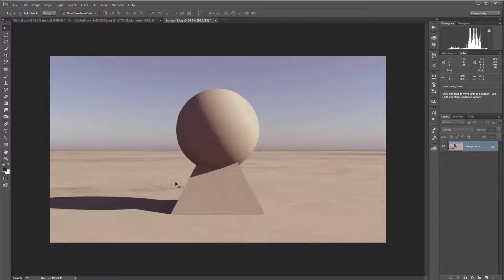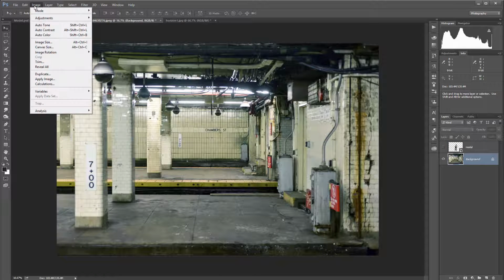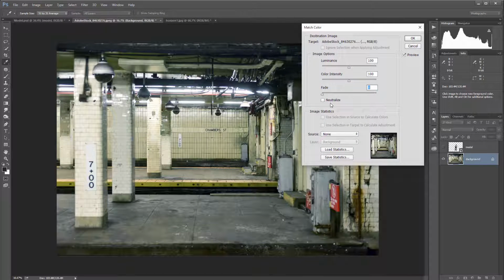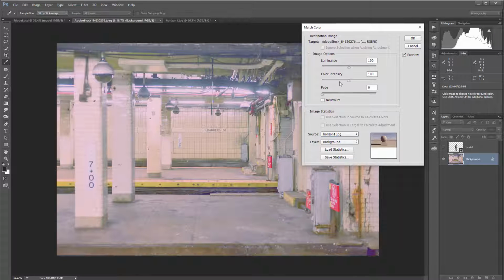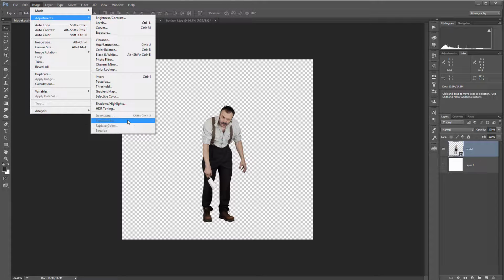So for example, if I have an image that is quite a bit magenta and I want to match it with something cyan, I can go to Image, Adjustments, and select Match Color. That way I can specify what I want to use and adjust from this point to try to adjust the color temperature. However, it doesn't always work well because it applies luminosity and other things. And besides that, if you have a smart object and you try to do this,